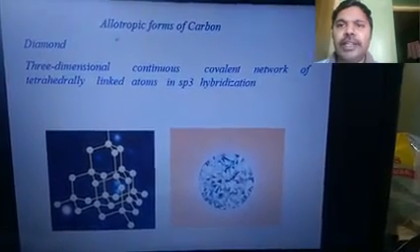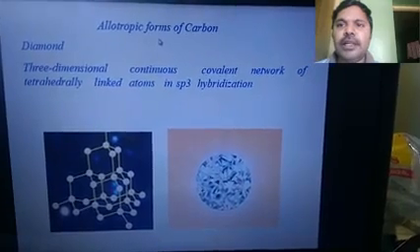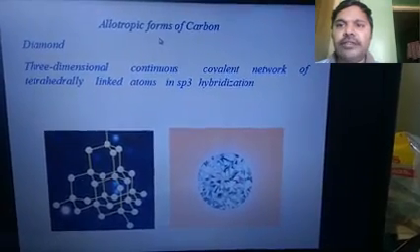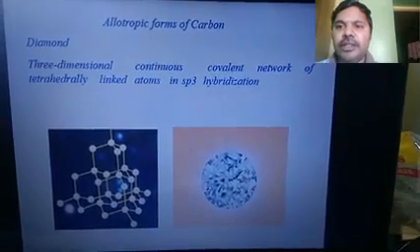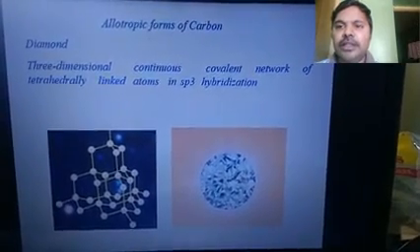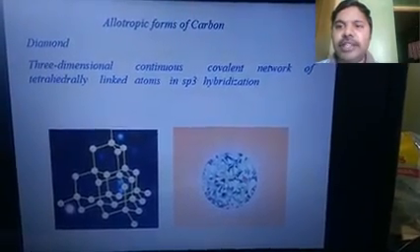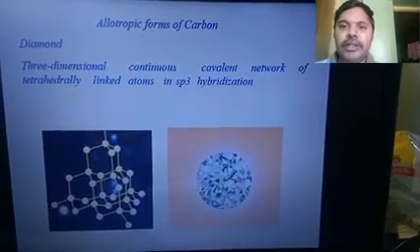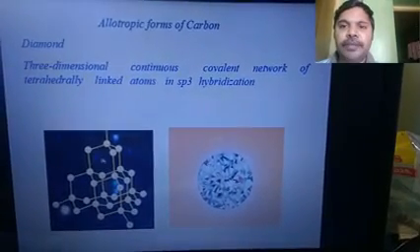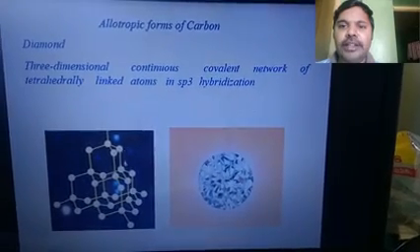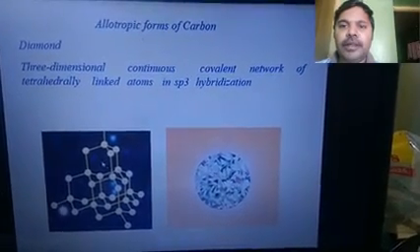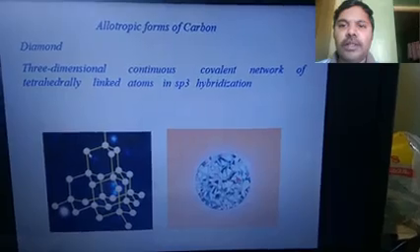So if you take carbon, it exists in mostly three different forms. The first one is diamond. If you see this picture, this is the external structure of a diamond. Now on the left side, if you see the internal structure, it consists of a tetrahedral structure. The atoms are bonded in a tetrahedral structure. The yellow balls are carbon atoms, linked in a tetrahedral shape.